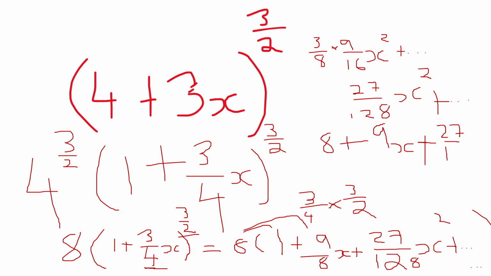okay, x squared plus dot dot dot. Okay, again, that's the first 3 non-zero terms of our expansion of 4 plus 3x to the power 3 halves. You always want it in the form 1 plus or minus nx to the power of m. Then it'll be 1 plus nx plus n minus 1,